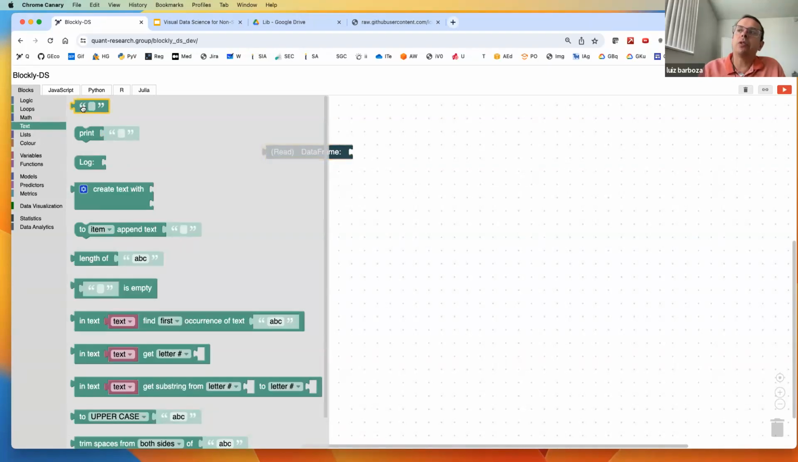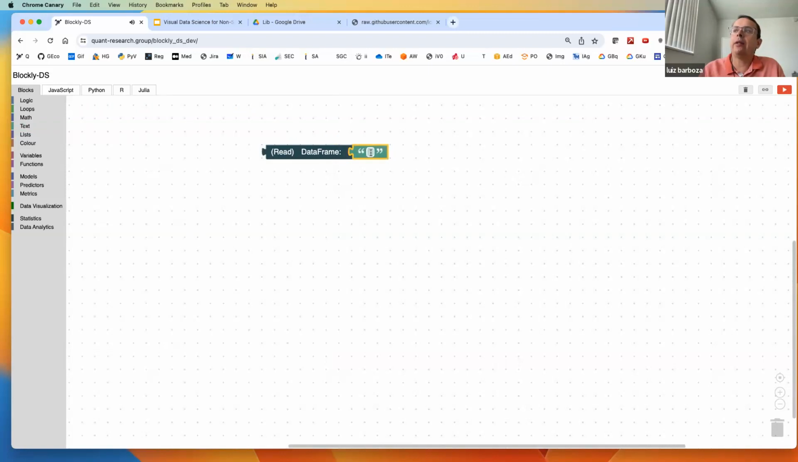So I can connect this read data frame component within the text menu here. I have these quotes, so I'm going to use them to connect it here. And then I can paste the path to the data set. And then the output of this read, I can put it in a graph visualization. So within data visualization,